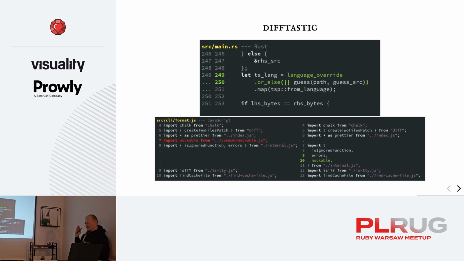I added them an hour ago because the things I want to talk about were released yesterday. If you look closely, the difference here is not only that line number 7 is gone, because it had import mockable that got deleted, but this line, import isignores function errors from internal.js, got actually replaced